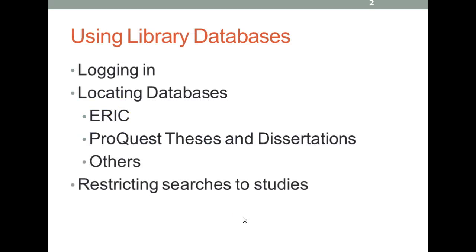So things that I'd like to go over with regard to searching is that basically the main assignments that you're going to be doing in this class require that you actually find actual studies, which are not typically things that you will be able to access by doing a more traditional Google search. You really need to be able to utilize the various databases that the library has subscribed to be able to get into research. So I'm going to take you through how you quickly get into the library's website,